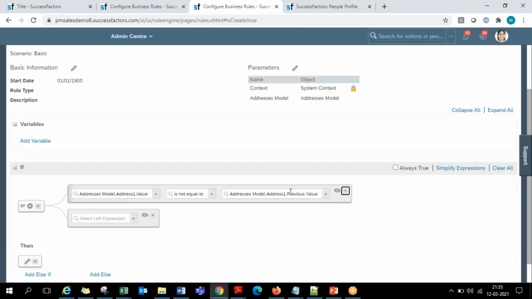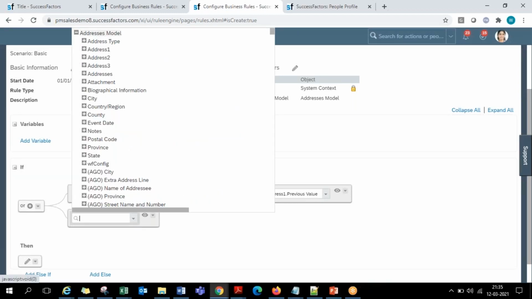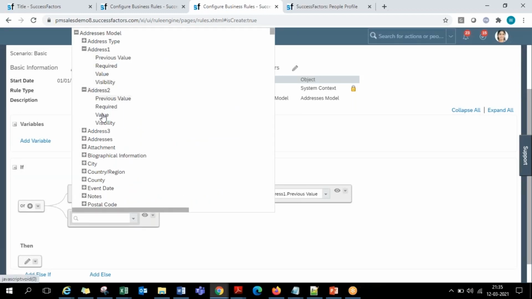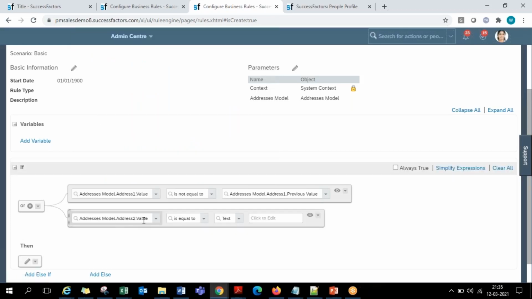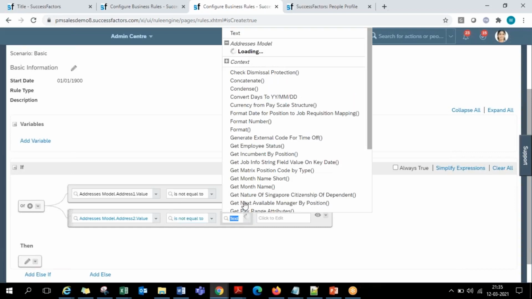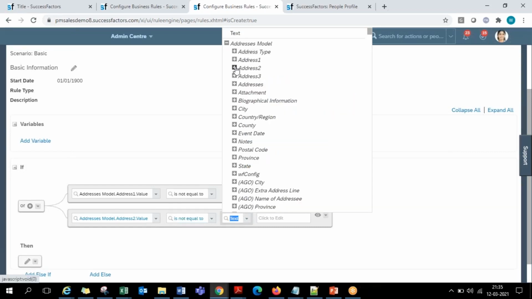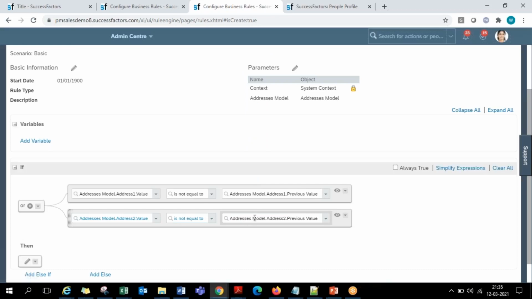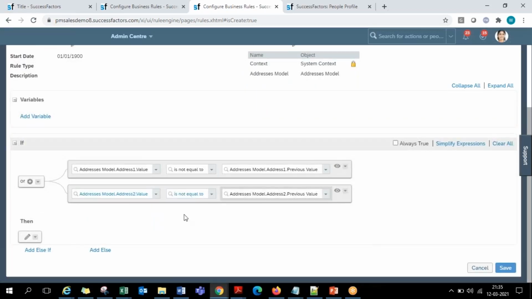That means OR. So if the first condition or the second condition: address line 2 dot value, that is the current value on the screen, is not equal to address line 2 dot previous value. Like that, for every field of the portlet.